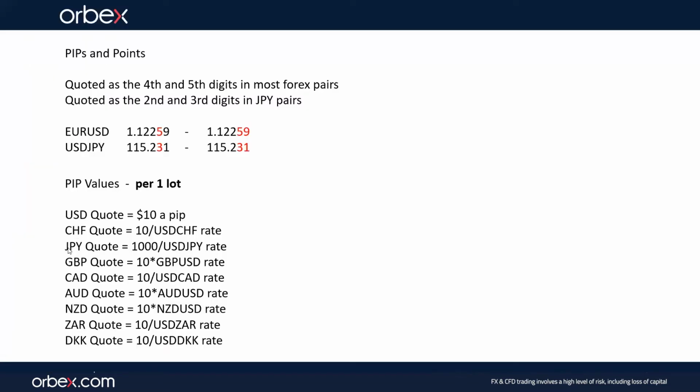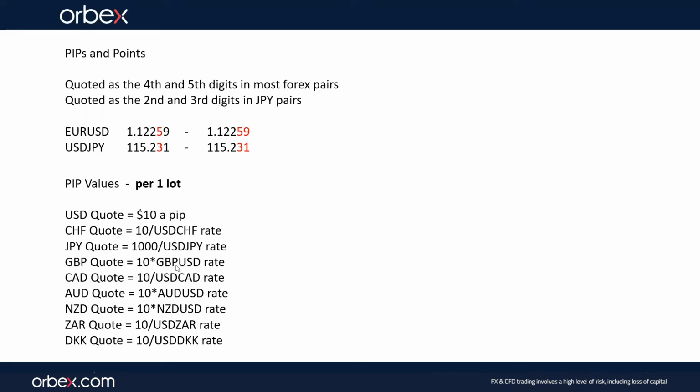So for Japanese yen, we've got 1,000 divided by the dollar yen rate. For pound, no, sorry, for pound, it's 10 multiplied by the pound dollar rate. For Canadian dollar, it's 10 divided by dollar CAD. For Aussie, it's 10 multiplied by Aussie dollar, and you get the rest of the things. As I said, if you want any clarification on this, please let me know, but let's look for the next